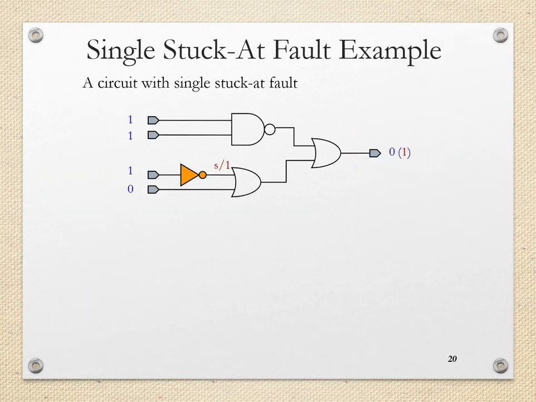So we'll take one example circuit which consists of one NAND gate, one NOT gate, and two OR gates. In this circuit, one of the connections is stuck to a permanent value, that is stuck-at 1. So the gate which is highlighted with the yellow color, the output of that NOT gate gets permanently stuck to 1, that S/1 is nothing but the stuck-at-1 fault. So what will happen to the circuit if this fault occurs?